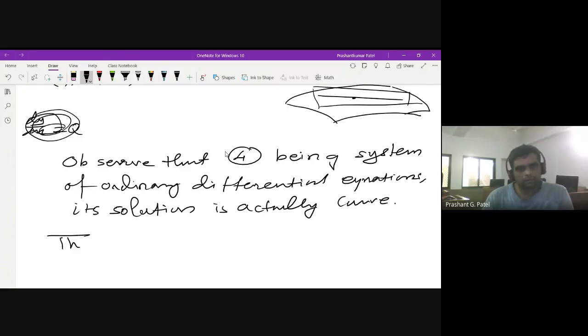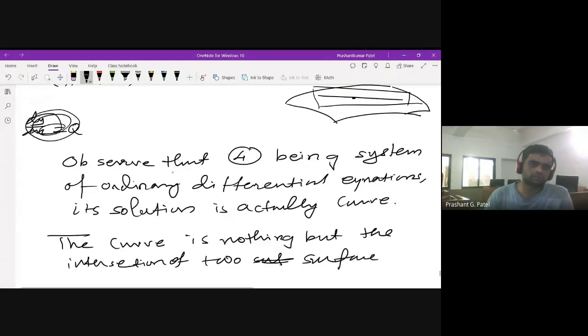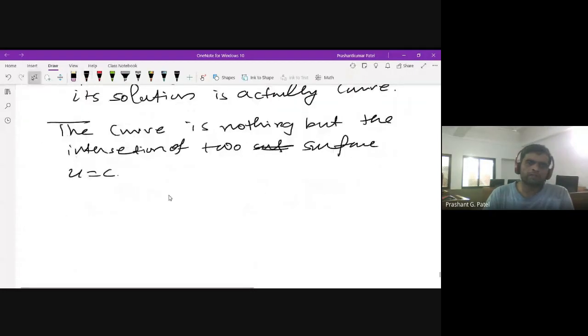The curve is nothing but the intersection of these two surfaces, that is u equal to constant and v equal to constant, because we know that the intersection of two surfaces gives you one curve,